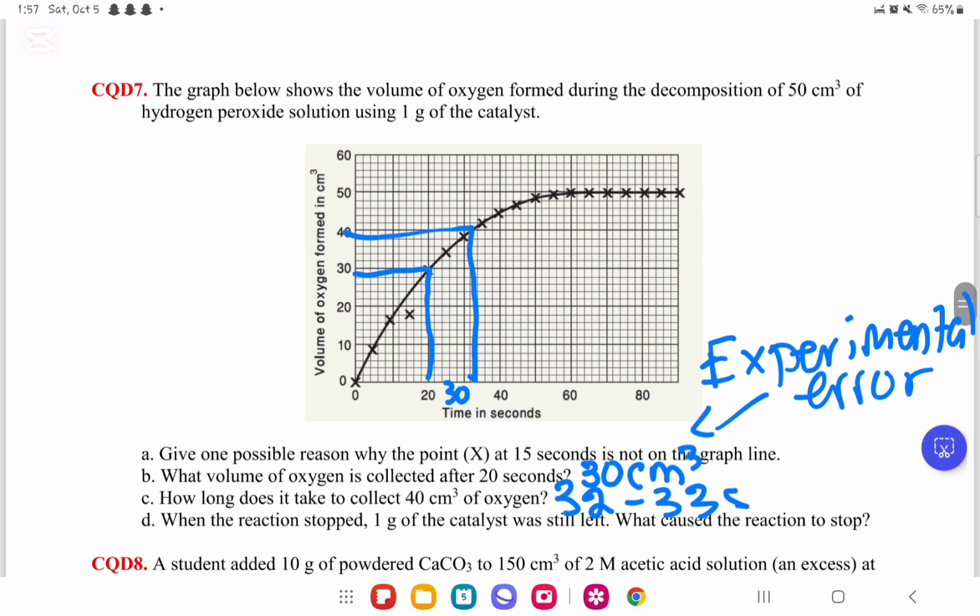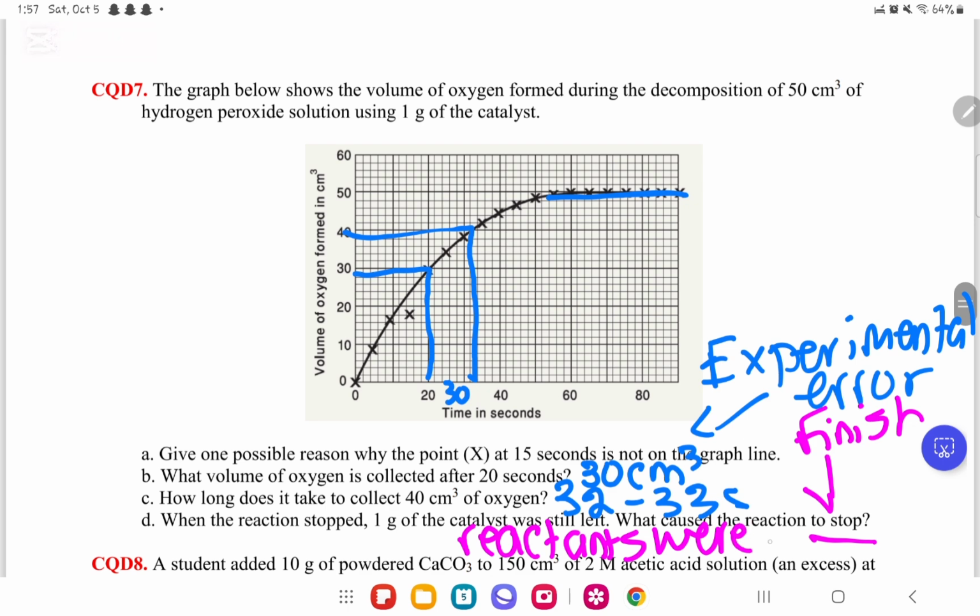When the reaction stopped, it stopped over here. 1 gram of the catalyst was still left. What caused the reaction to stop? What would possibly cause a reaction to stop? Sorry, I dropped my pen. What would cause the reaction to finish, to stop, aka finish? The reactants were totally